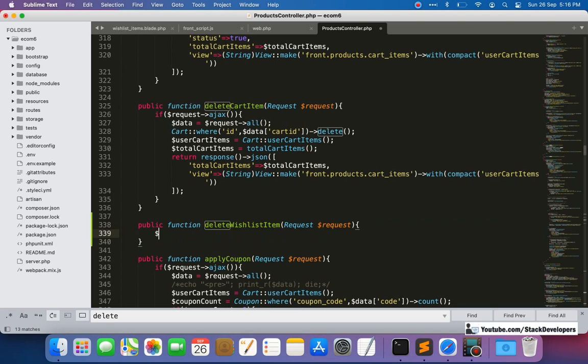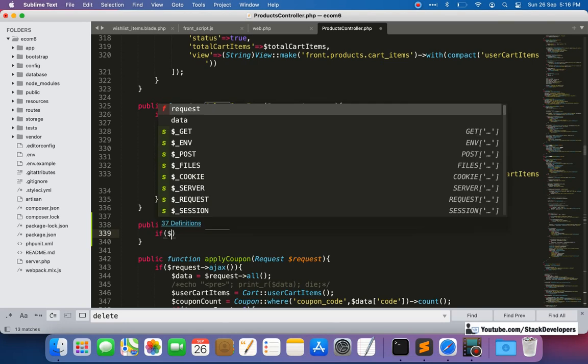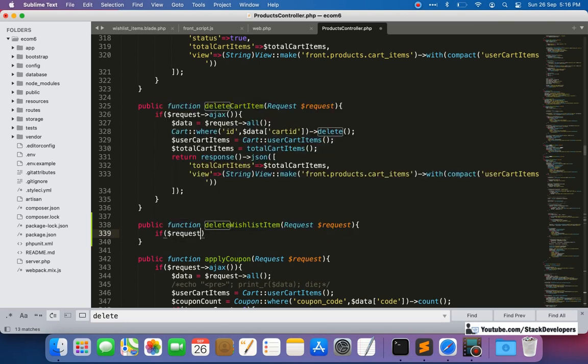Here we will add the condition: if dollar request ajax. If it is coming in ajax only, then we are going to execute this.